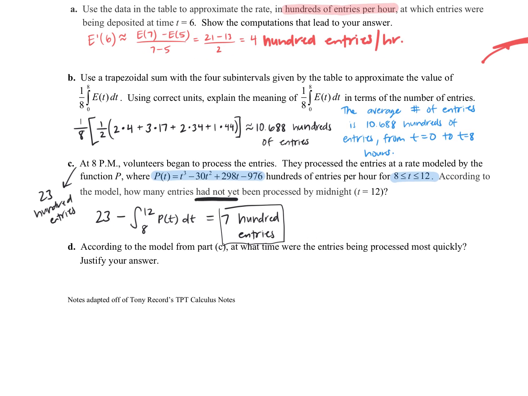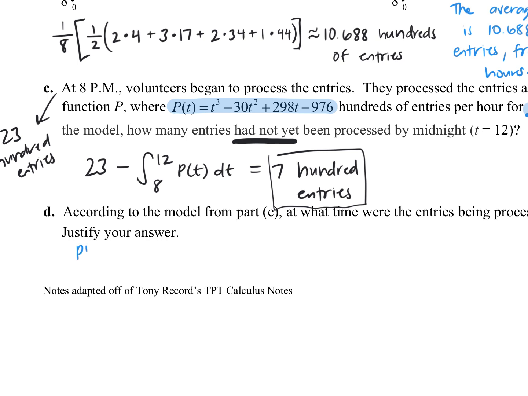Last example here, part D of this question. According to part C, what time were the entries being processed most quickly, and justify your answer. So we're still looking at that same time interval of 8 to 12. So we're trying to figure out what time was it the most effective, or the quickest, right? So if we're given this function P of t is entries per hour, we're trying to figure out the rate of that, how it's changing. So we need to take the derivative of this function. So P prime of t,